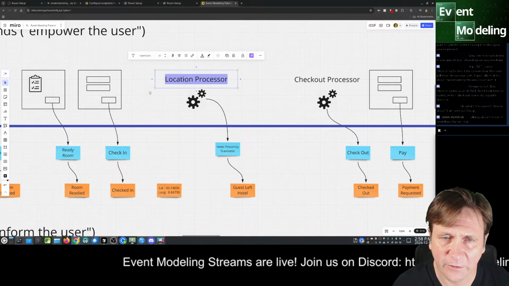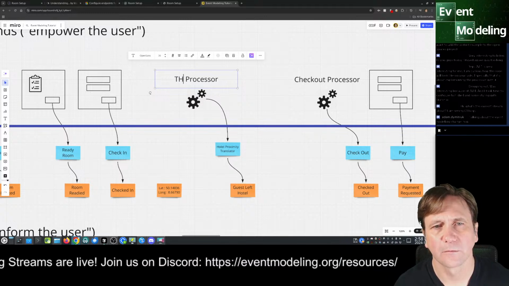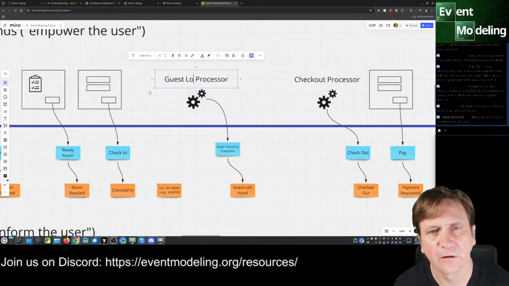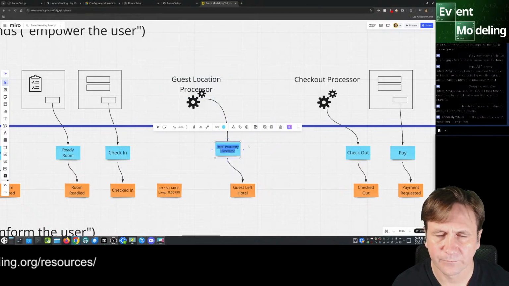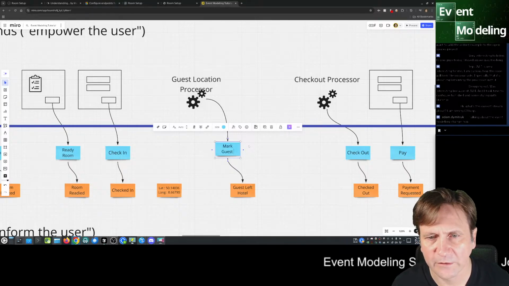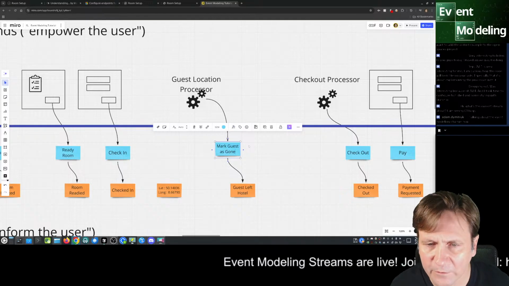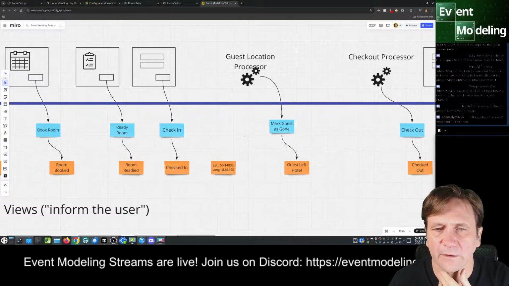I guess we could give it a hotel proximity. Our guest location. That's probably better. Mark guest as gone. Good.